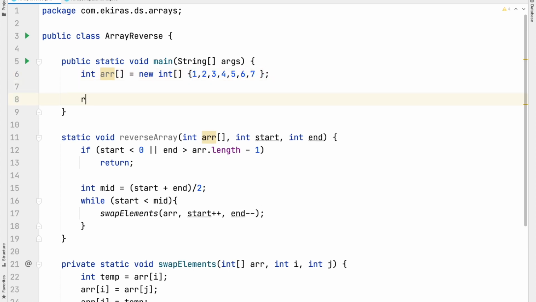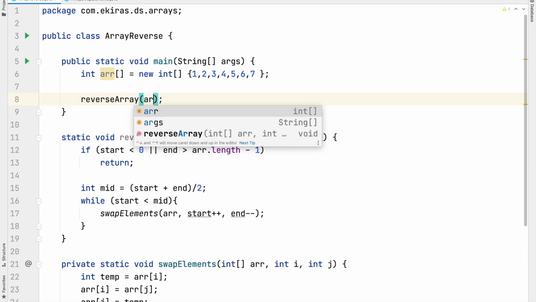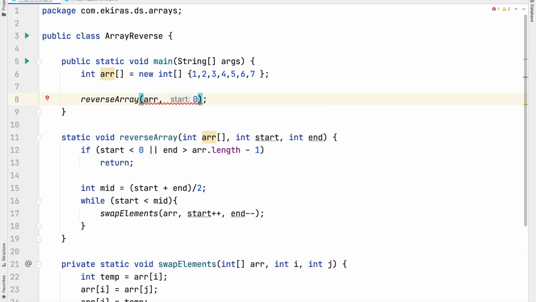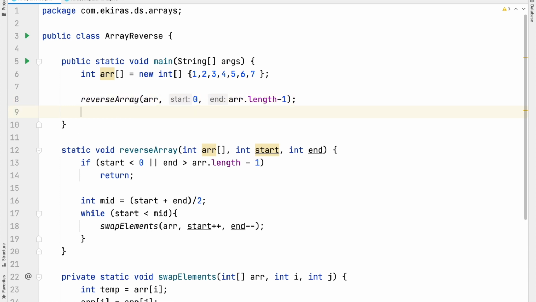Now let's call reverseArray. Let's say we want to reverse the array from index 0 to array dot length, and let's create a method printArray that will print our array to show that the array is reversed. So let's create this method.